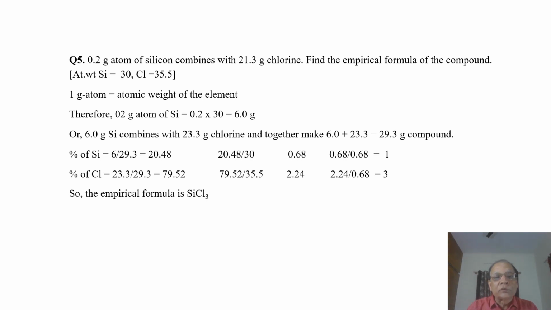0.2 gram atom of silicon combines with 21.3 gram chlorine. Find the empirical formula of the compound. Atomic weight of silicon is 30 and chlorine is 35.5. We must know that 1 gram atom is equal to the atomic weight of the element. Therefore,